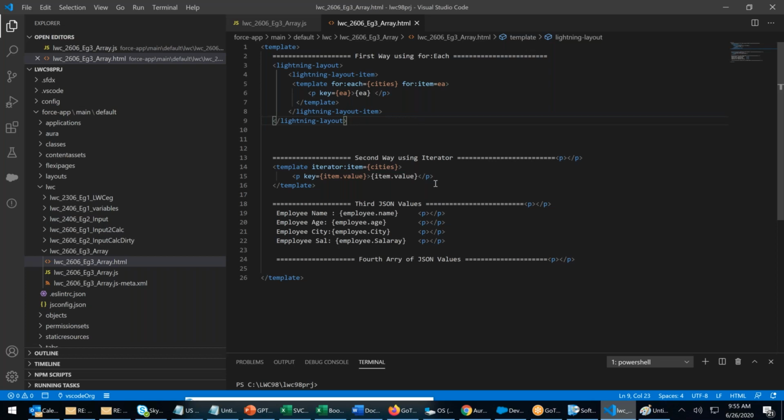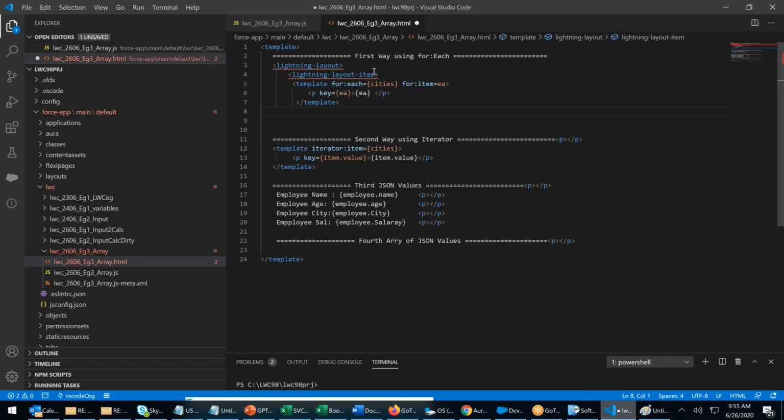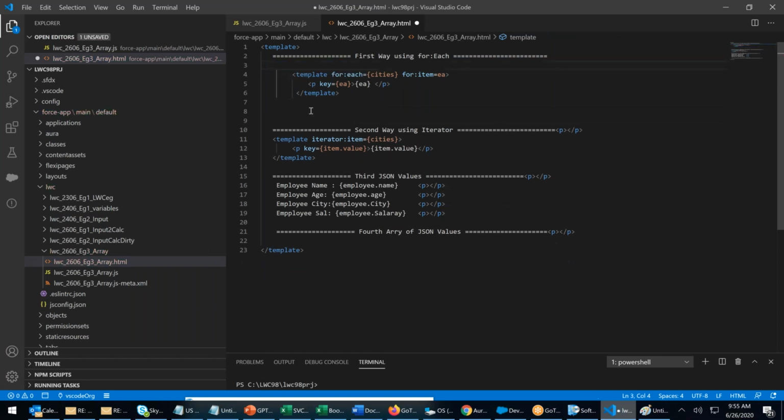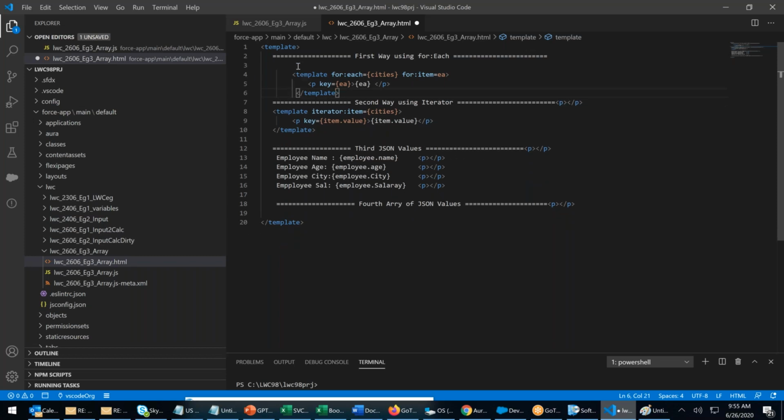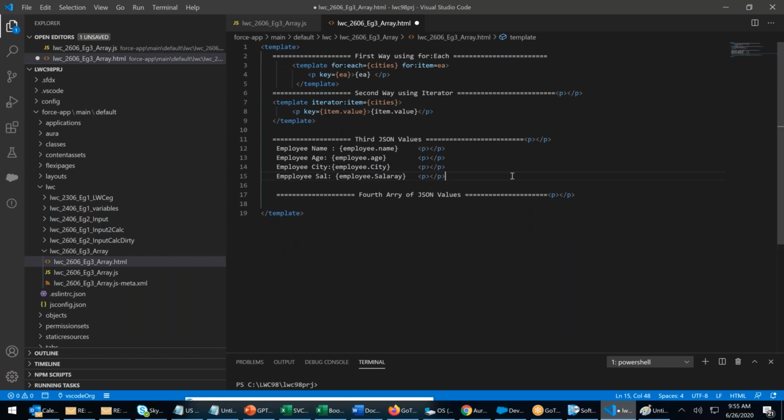So today, what we have seen is how to repeat. These are repeaters. A data which is available in an array format, in a collection format. How can we repeat this data?